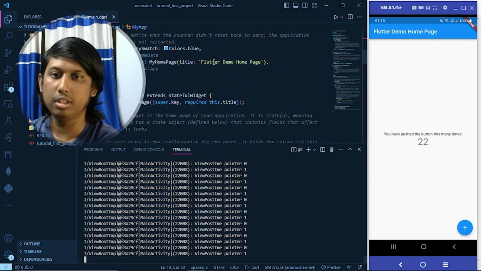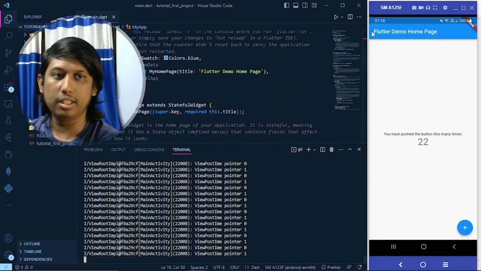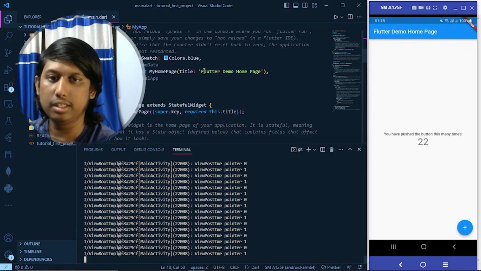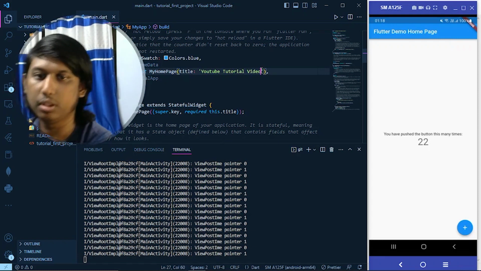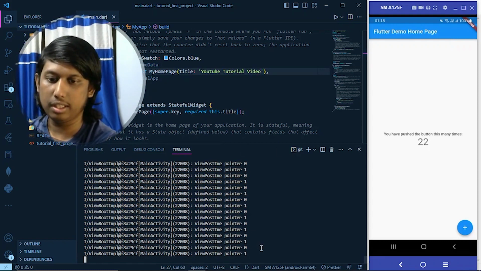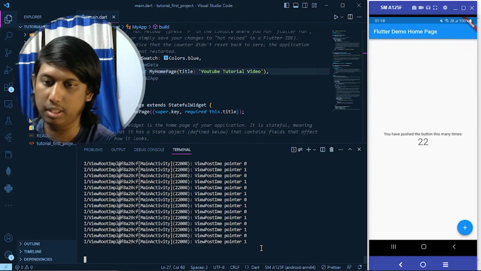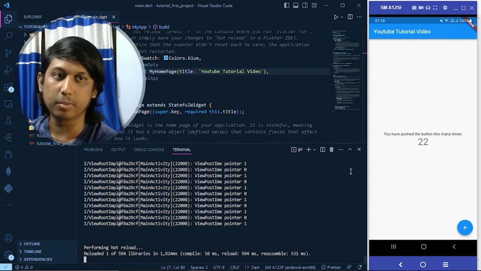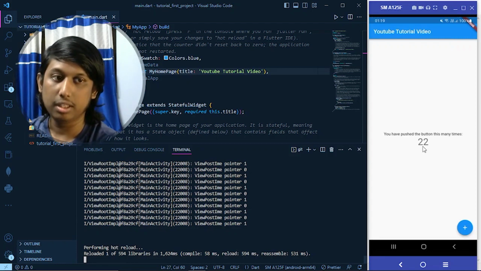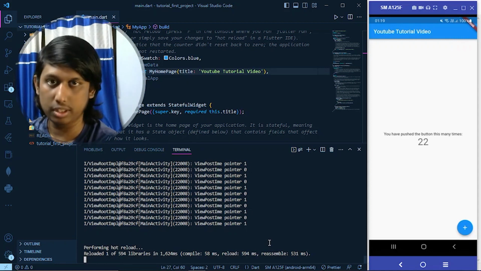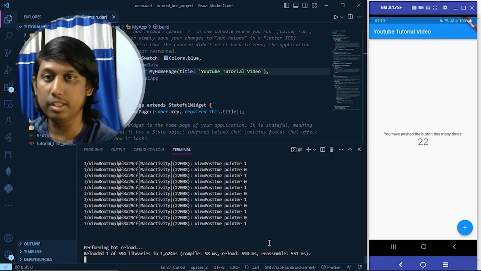For hot reload, let's do one thing. Here the heading is Flutter Demo Home Page. I just change it to YouTube tutorial video. Then in the terminal I press small r. Hot reload is performing, and here you can see the YouTube tutorial video text has changed. But here you can see that the state has changed to 22, but we started from 0, that has not changed. So for that we have to do a hot restart to restart the app from scratch